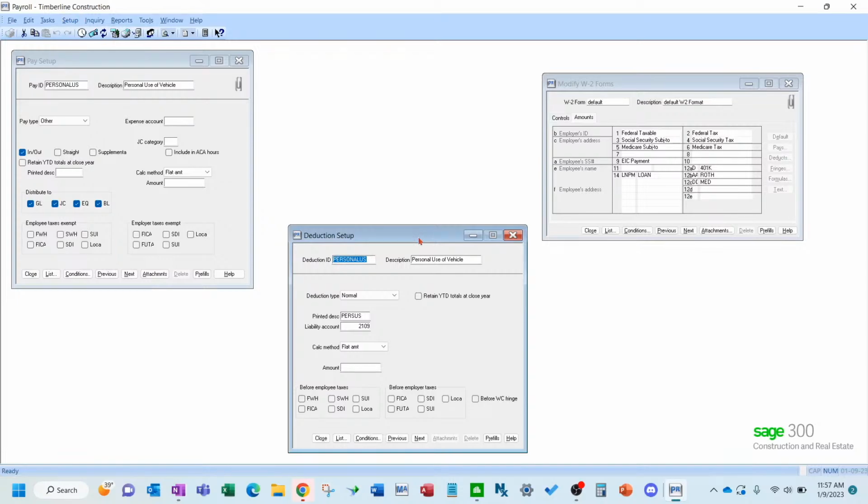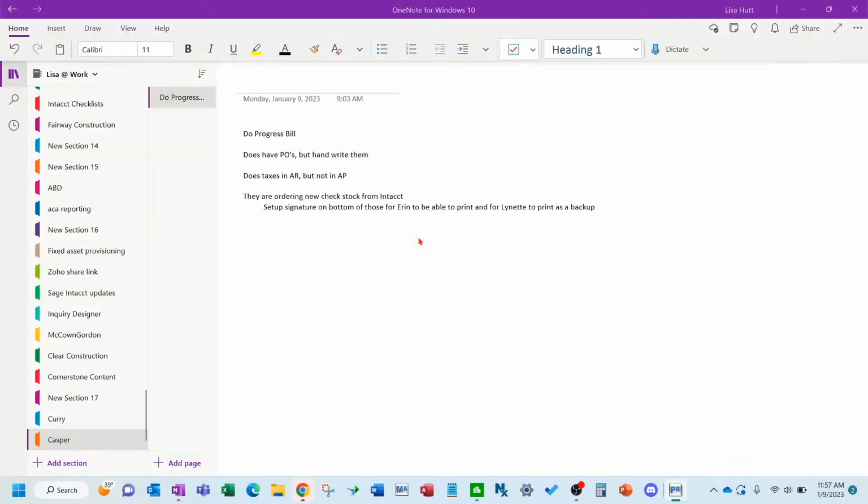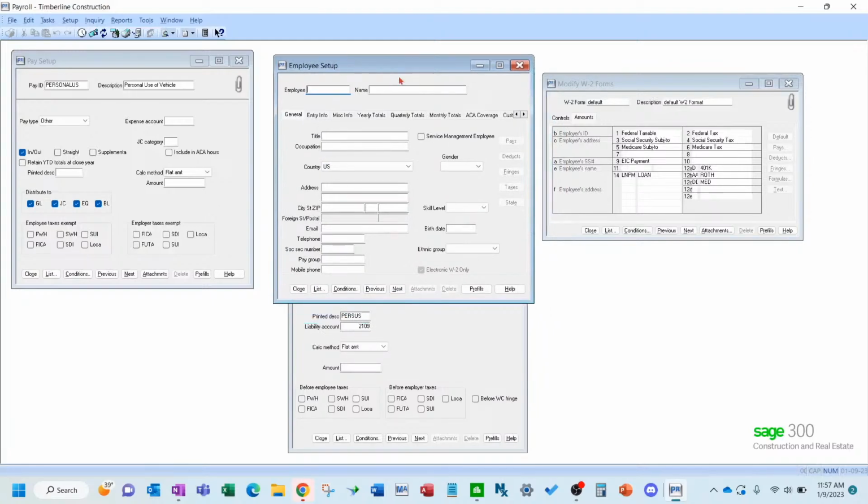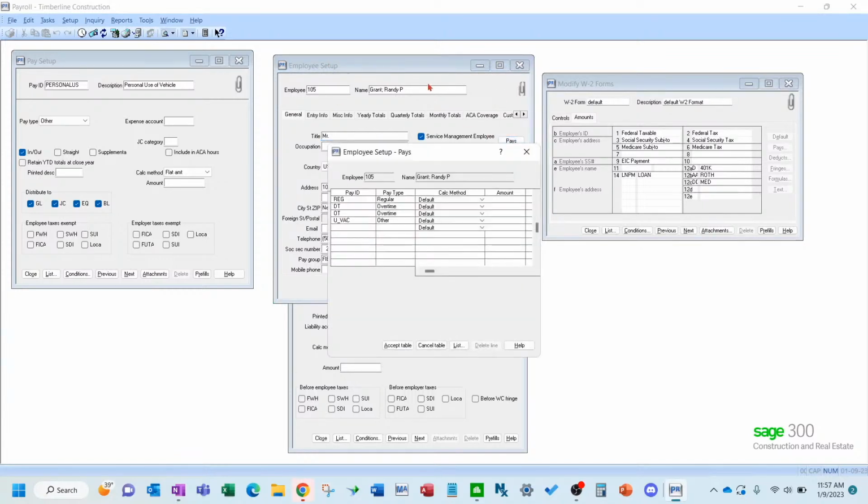So this is a common error or mistake that people make, thinking that this is allowed or the system would do this. So we go to the pays here, and if you have a certain override turned on in the system, you can adjust year-to-date wages and pretty much anything that's in white here. If you change this year-to-date pay, just type over it manually, if you have that override on, it will not change it on the W-2.